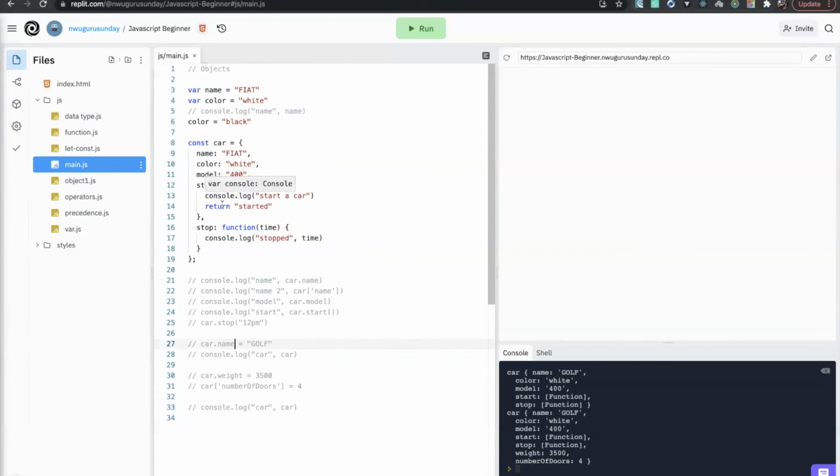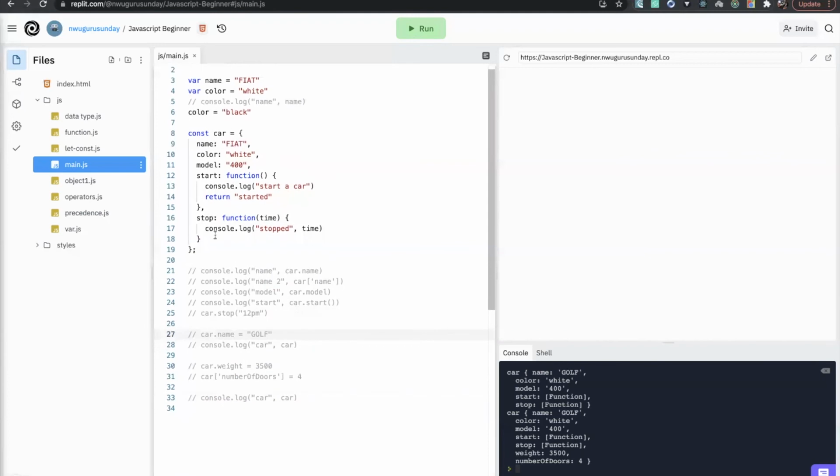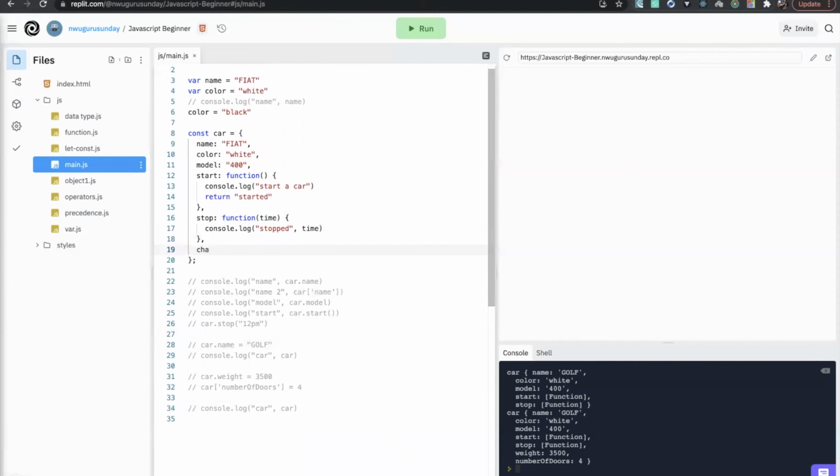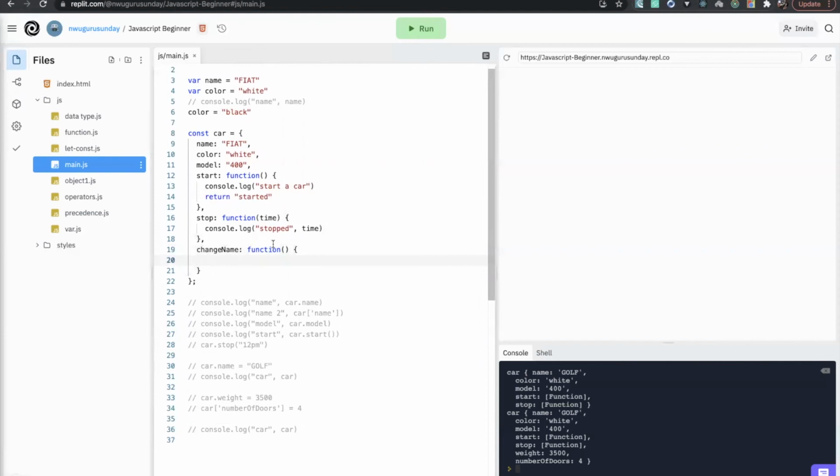And to change the name, we want to add a method to do this. So we say change name. You put in the function. Maybe we want to make it more fancy, then we put in the name as a parameter. So we can allow the name of the car to be changed from